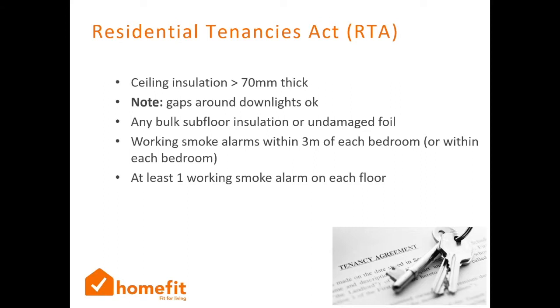As Sam has mentioned, the Homefit tool also assesses whether or not tenanted properties achieve the Residential Tenancies Act, and so the criteria is that ceiling insulation has to be greater than 70 millimetres. Note that in addition, as opposed to the Homefit tool, gaps around downlights are okay. So that recognises older style downlights that need to have a gap, but they do actually have to have that gap. So if you're seeing un-CA rated or un-IC rated downlights, then make sure that they do have those gaps